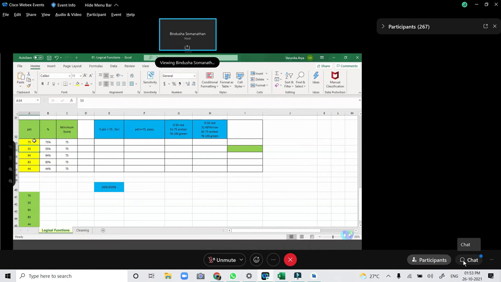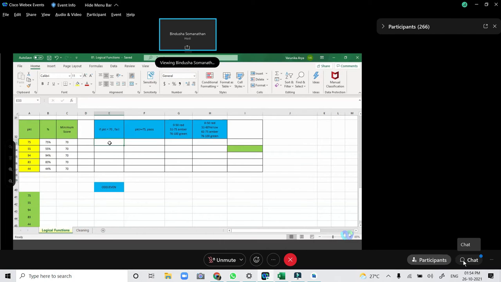And instead of true or false, the condition that I want to check is if these people have scored, let's say, 70. I'm keeping it 70 just for ease. 70 is my cutoff here. So anybody who has scored greater than 70 is pass, else they have failed.